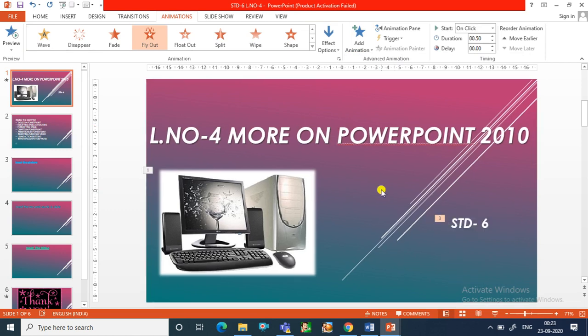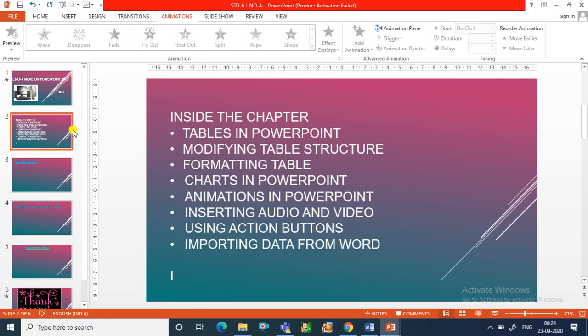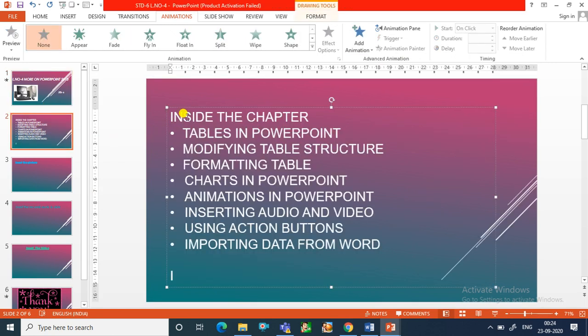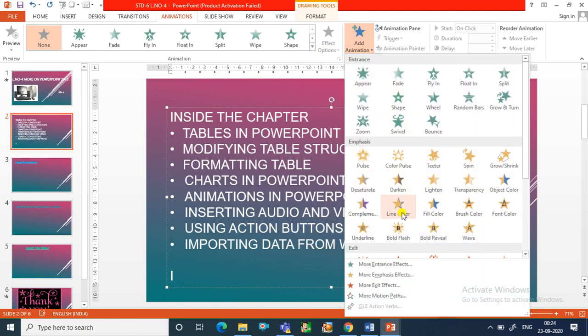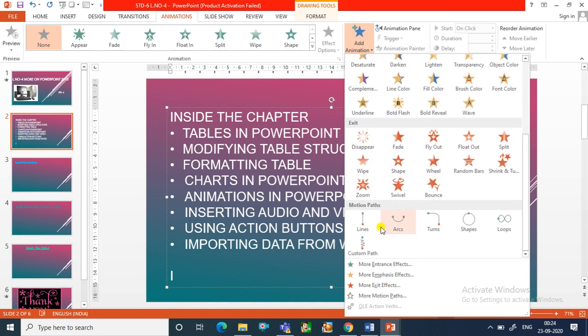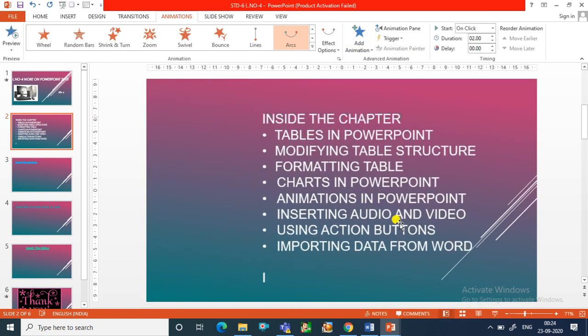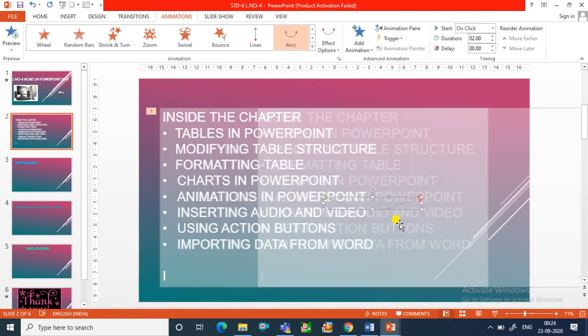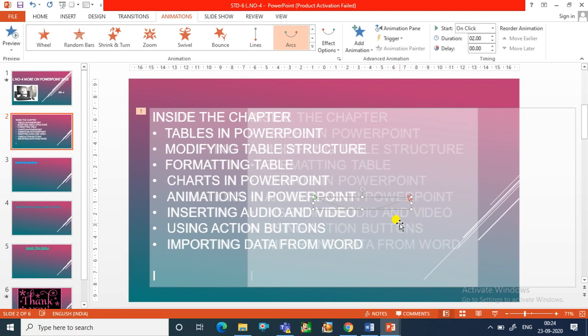And last one is the motion path. For that, suppose select this one, select the text and click on motion path. Okay, in this way you can give custom animation to your object or text.